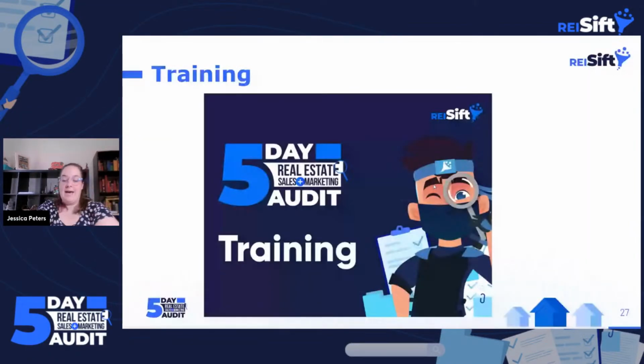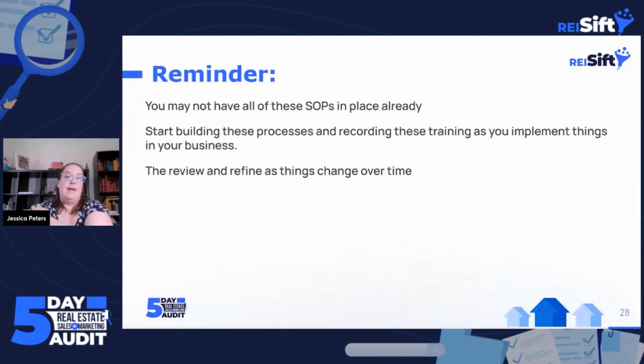And so eventually, as time goes on, you want to create as many of these as possible. One thing to keep in mind is we're not going to finish today and have all of these SOPs created if we haven't started building them. So just keep in mind that you're going to start doing a couple. The next time you're pulling data, the next time you're skip tracing, the next time you're uploading, whatever that process is, record a Loom, make a free document in Google, and create the SOP for that task, and then keep them in a list in Google Sheets.